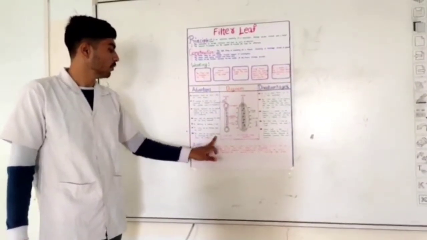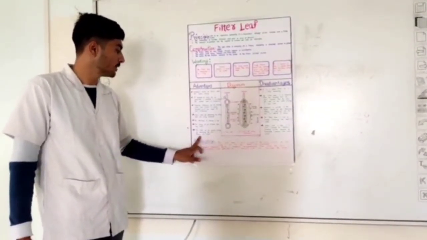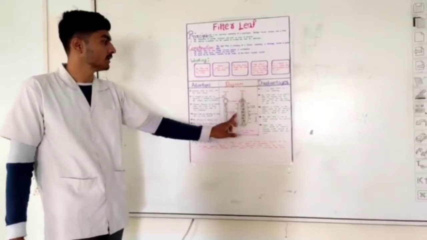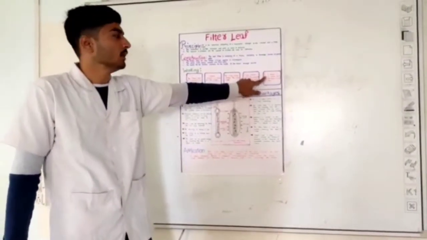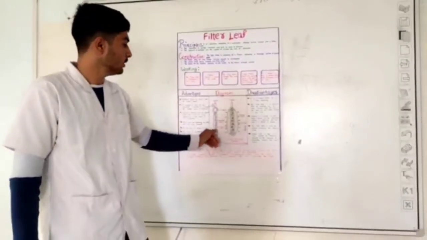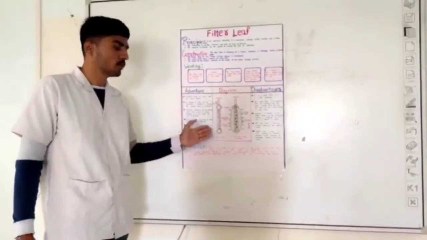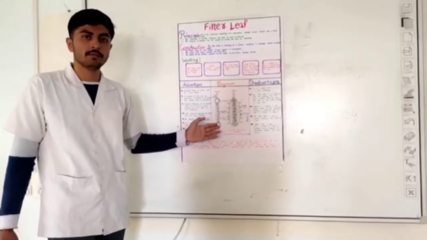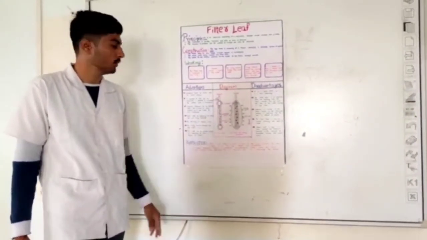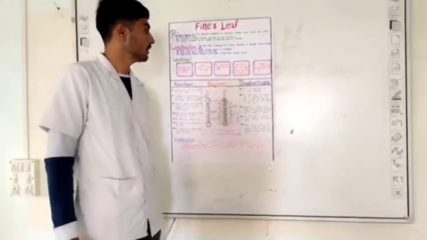The cake can be washed simply by immersing the filter into a vessel of water. As we discussed earlier, the last point in this process is the cleaning of the cake from this unit. And this process of cleaning the cake is comparatively easy in the filter leaf as compared to other filtration units. Let us move towards the disadvantages.